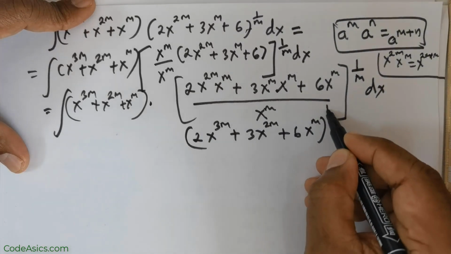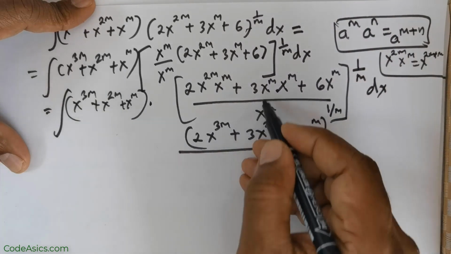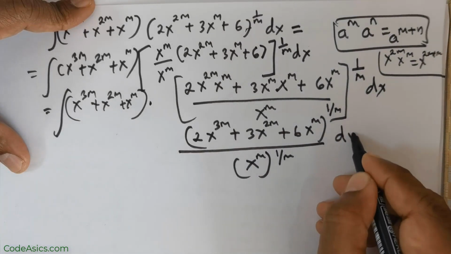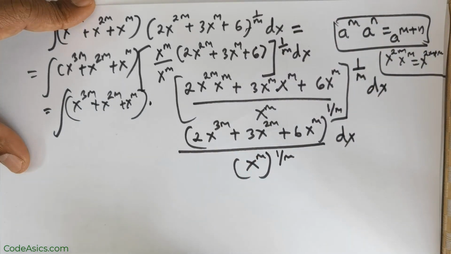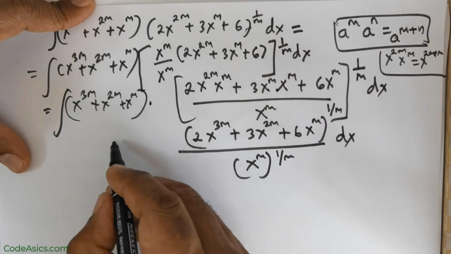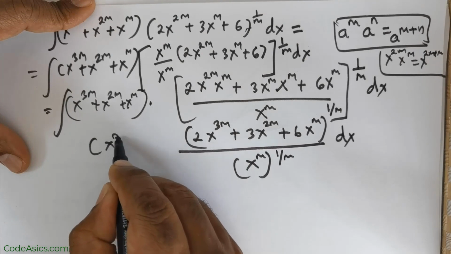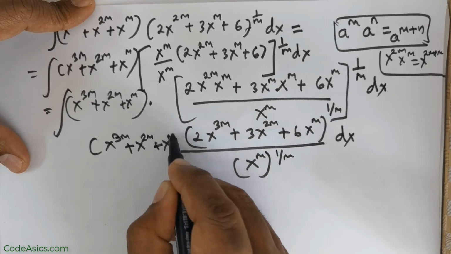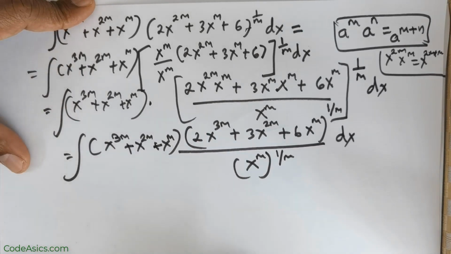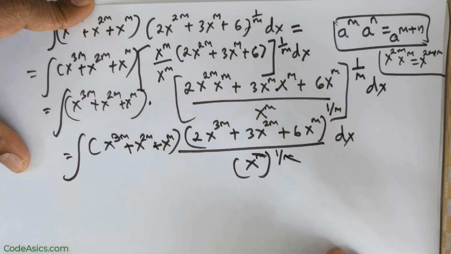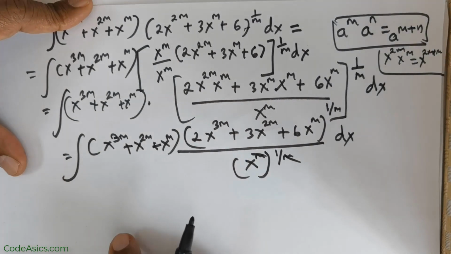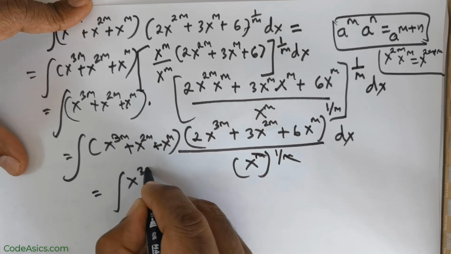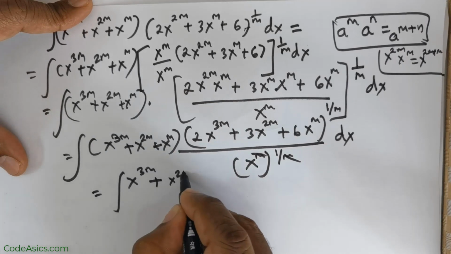This is raised to the power of 1 over m divided by x raised to the power of m raised to the power of 1 over m times dx. I can always write it like this, right? Okay, so this is multiplied with x raised to the power of 3m plus x raised to the power of 2m plus x raised to the power of m with the integral sign. Now m and m can be cancelled, and so I can push this x over here. So this is equal to integral x raised to the power of 3m plus x raised to the power of 2m